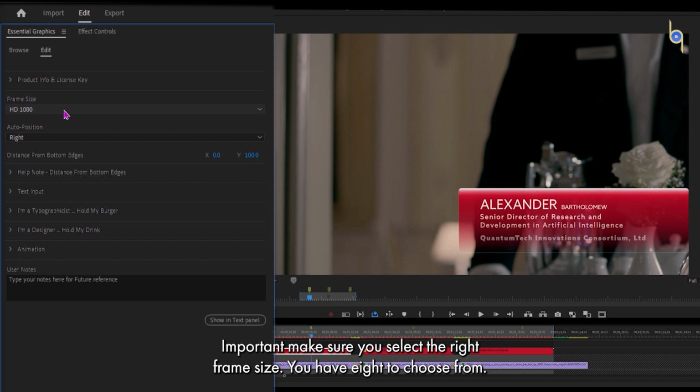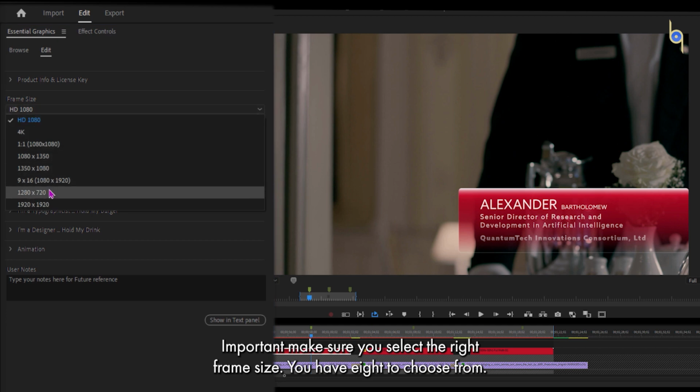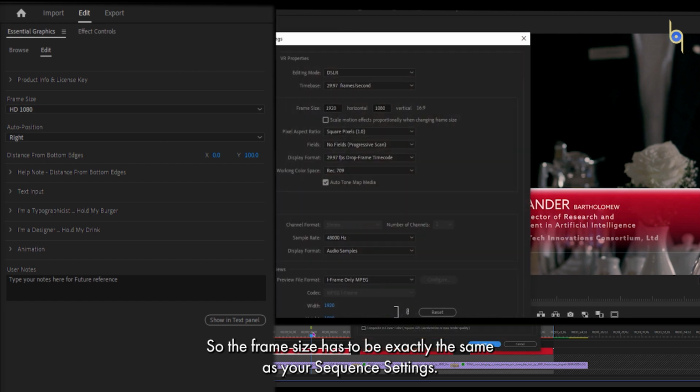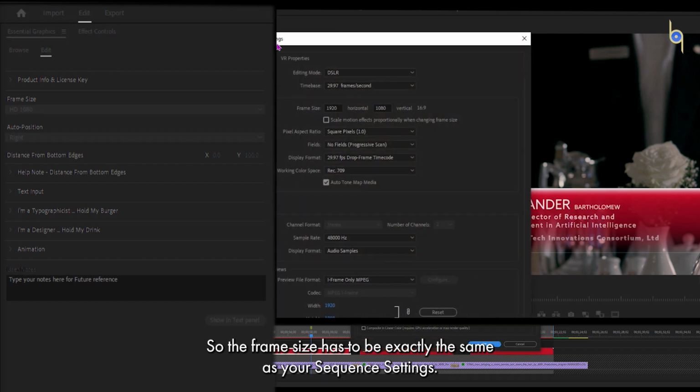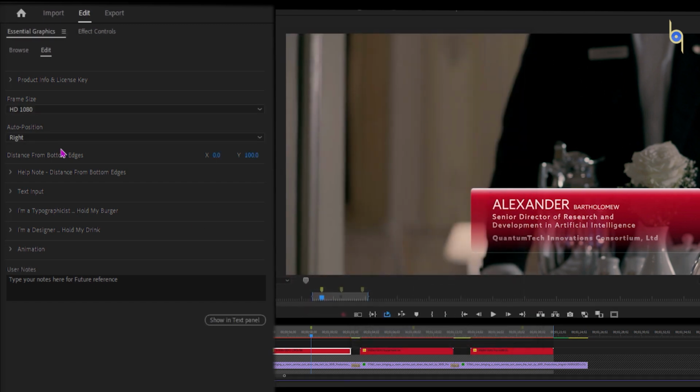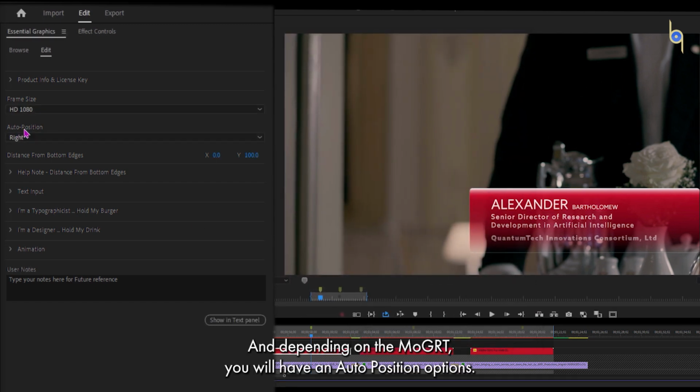Alrighty, important, make sure you select the right frame size. You've got 8 to choose from. So the frame size has to be exactly the same as per your sequence settings. Alright. And depending on the AeMoGRT, you will have some auto position